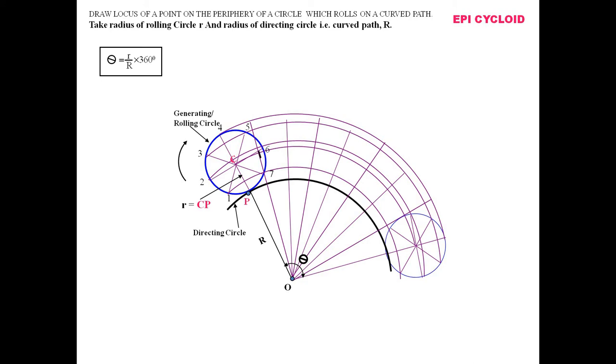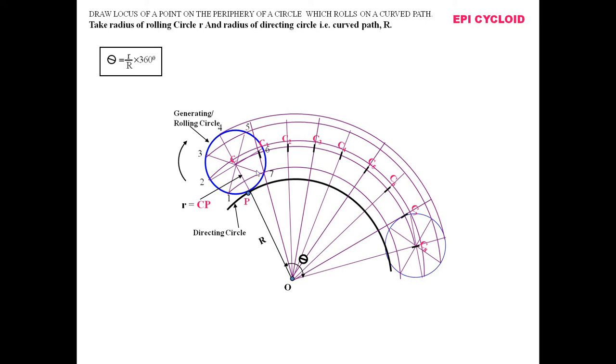Then we'll mark the center points on the central arc. So these are the centers of the circle when the circle rolls from the starting point to the end point. So what will be the position of P with respect to the centers C1, C2, C3, C4, etc.? Since the point P is situated at a distance r from C, it will not change whatever the center position of the circle. So in this way we can locate the various positions of the point P.